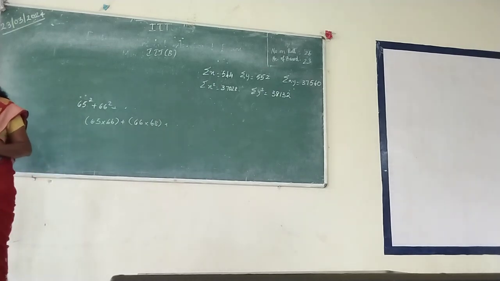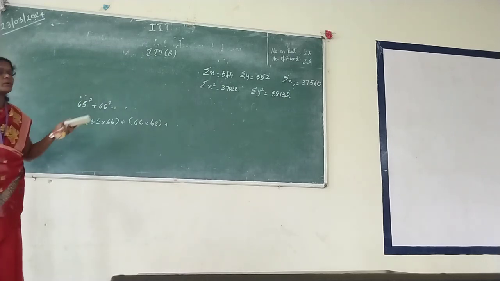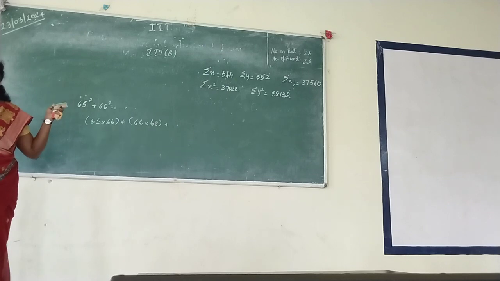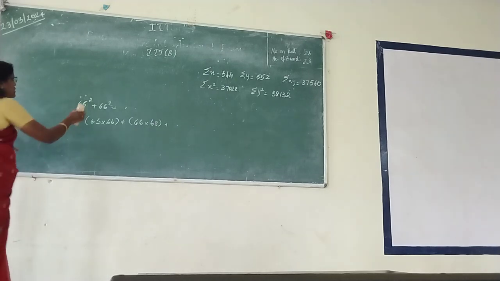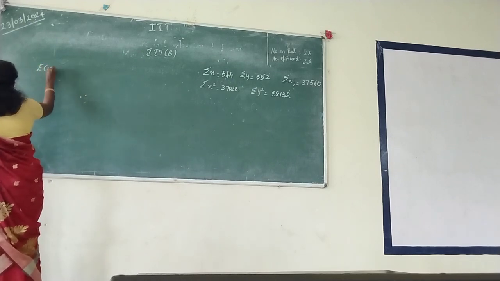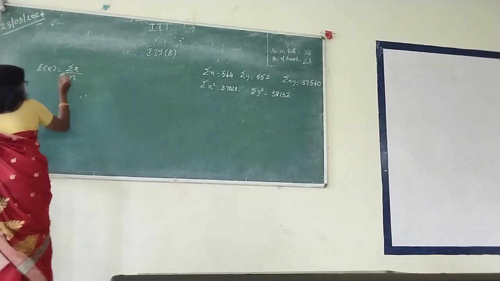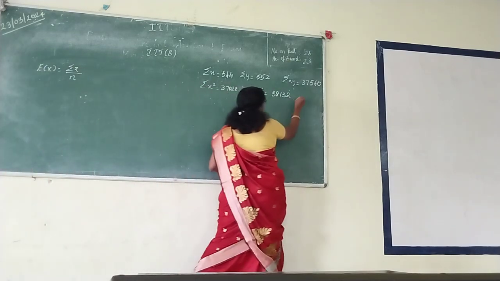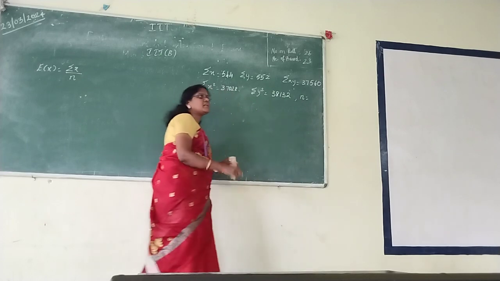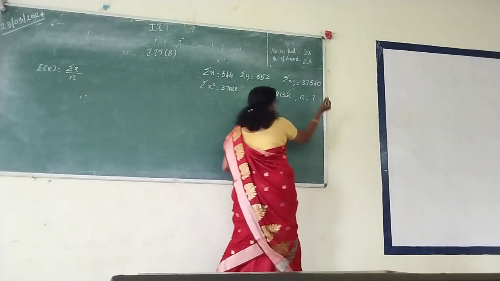Okay, shall we substitute and find the correlation? Right, next step. Before correlation, we find all those five expectations. Find E of x equal to, what is the formula? Summation of x by n. What is the n value for our problem? How many data are given? 7. So n is equal to 7.